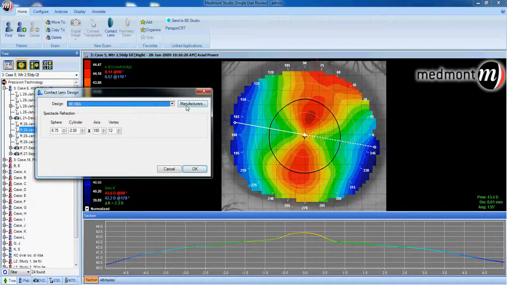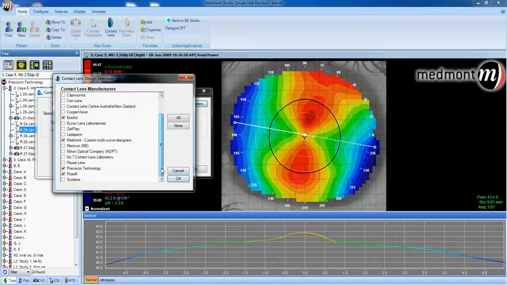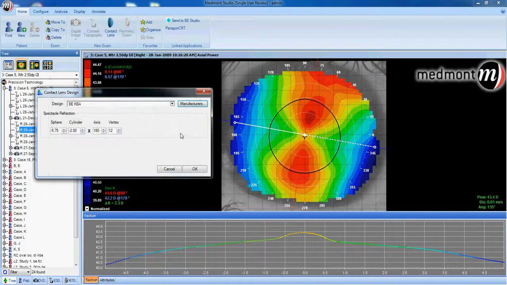When you first start out, select the manufacturers that are available from North America. You'll note the boxes presently checked are all the manufacturers available from North America that have put their contact lens designs into the Medmont. You can click OK. You won't have to open up this manufacturer's icon unless a new manufacturer has been added to a recent release